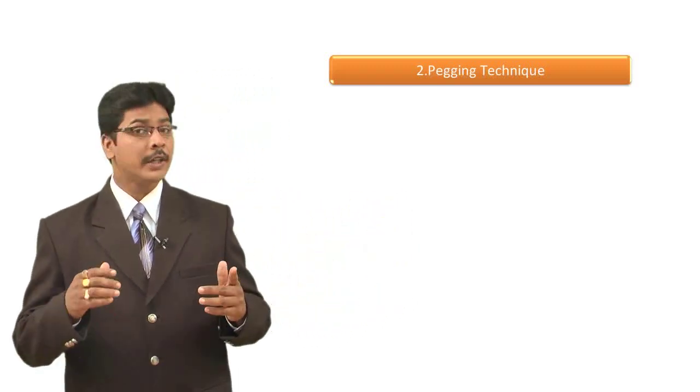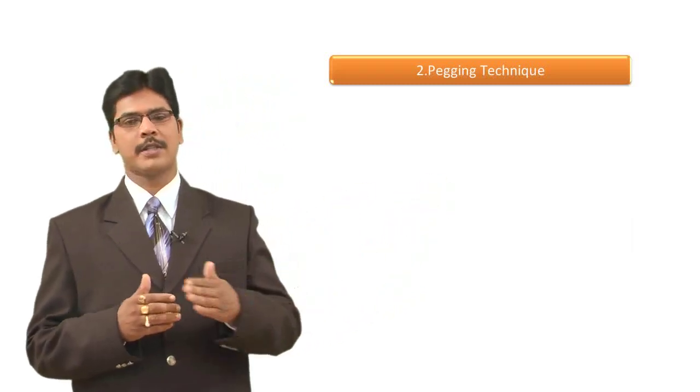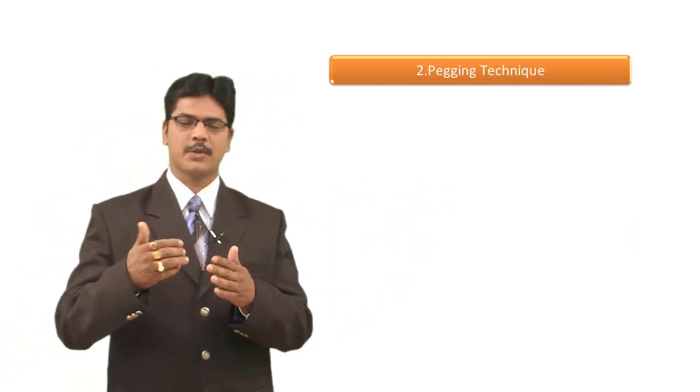Okay, now we'll see the second mnemonic, and that's called the pegging technique. Now, what is this pegging technique? In the previous technique called the association method, you had seen how to remember the sequence of words, but not in numeric sequence. We formed a story and linked all the words with the story.